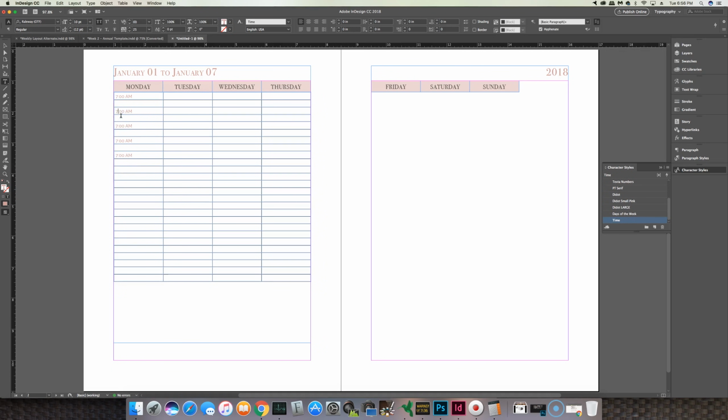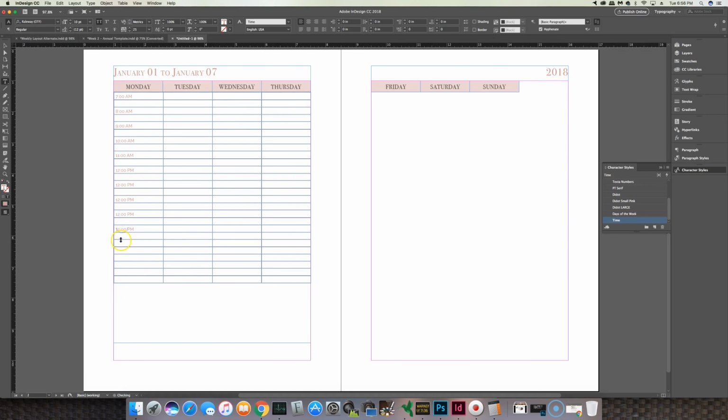So this is going to be 8, 9, 10, 11, and now we have 12 p.m. So we'll switch this to P, and now I'll copy and paste this one because we have PMs. So we have 1, 2, 3, 4. All right, so let me go back and we'll make this 1 p.m., 2, 3,